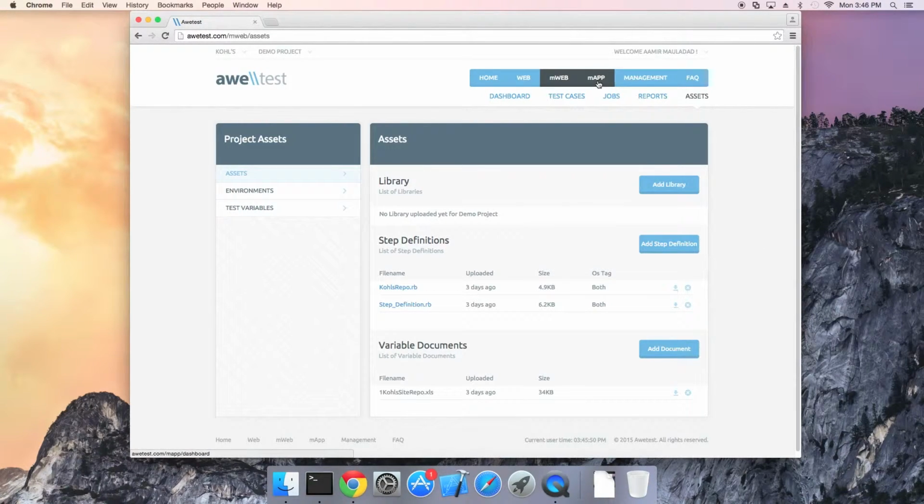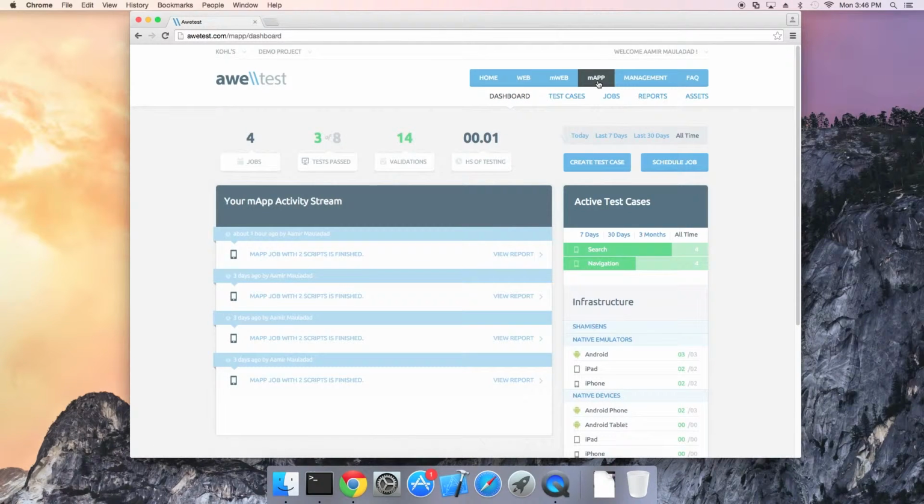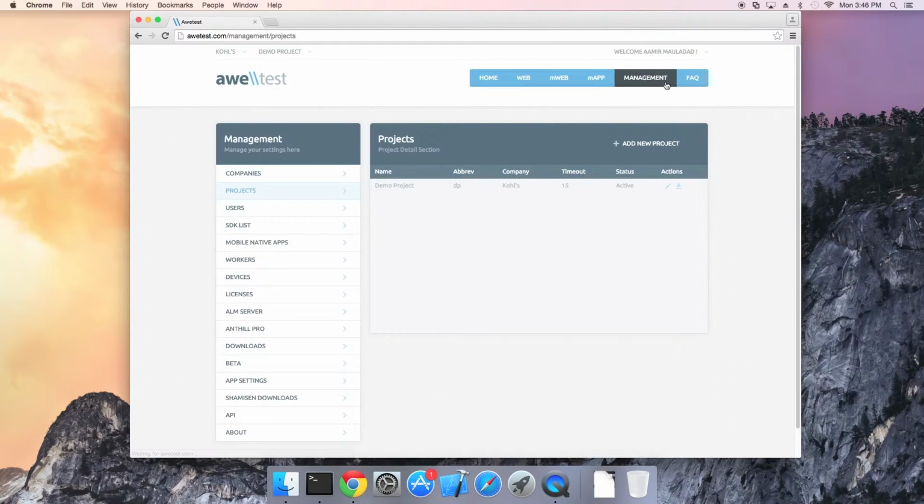Now we'll jump into the mAPP module for automating tests for native and hybrid iOS and Android applications. As you can see, the flow and usability is very consistent across Awetest. You have the same modules, test case, jobs, reports, and assets all across the top, and the flow is exactly the same. We'll go into the Management tab now because in the mAPP module, Awetest allows you to upload your